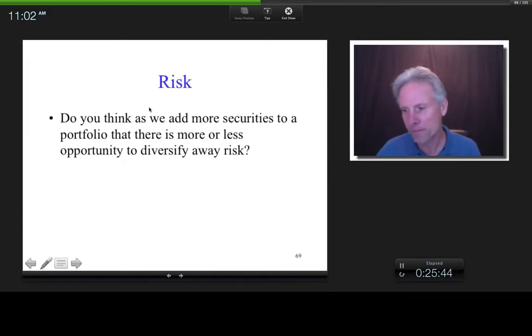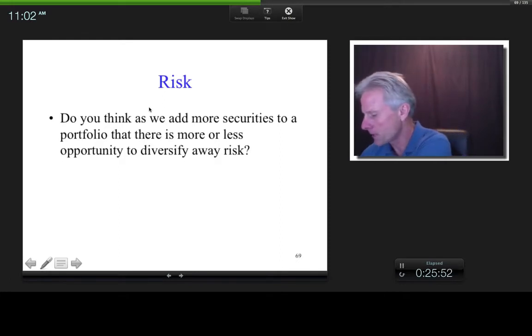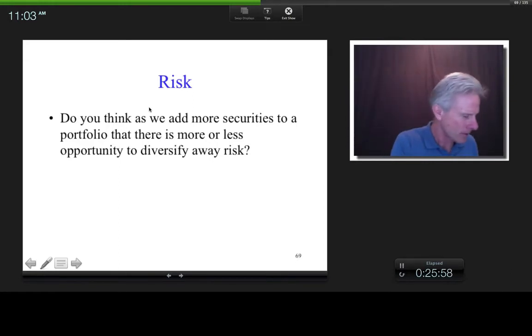Well, probably more opportunity, right? Because there's more risk interaction going on. Let me show you an example. Suppose, and I'm just making this up, suppose I have IBM,